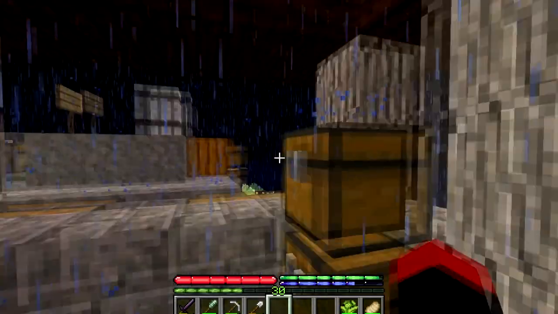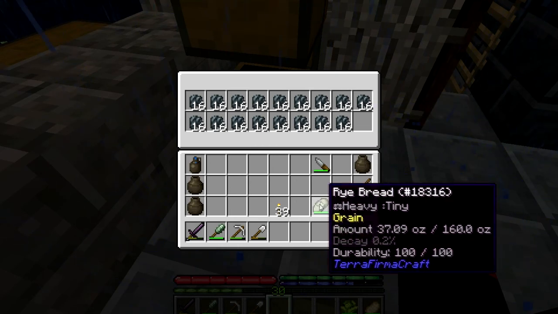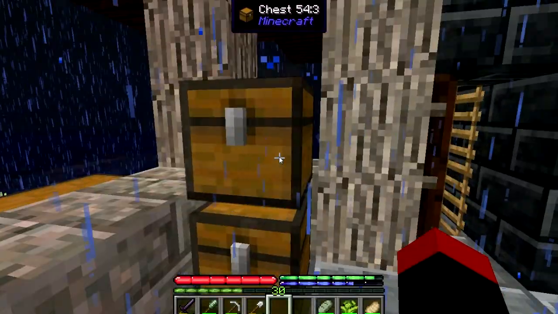So, in here is all the graphite I got. I nearly got a chest's worth of graphite. I needed one more stack. I could have got that, but I didn't. So yeah, and we've got our